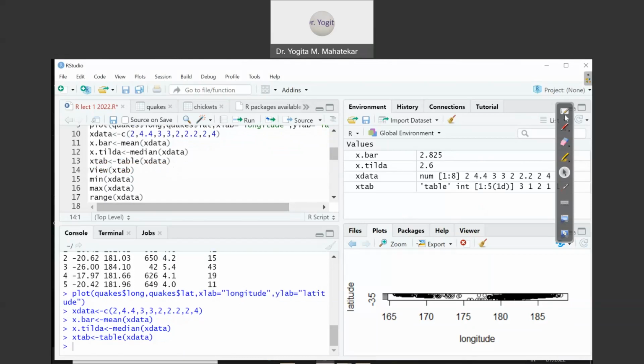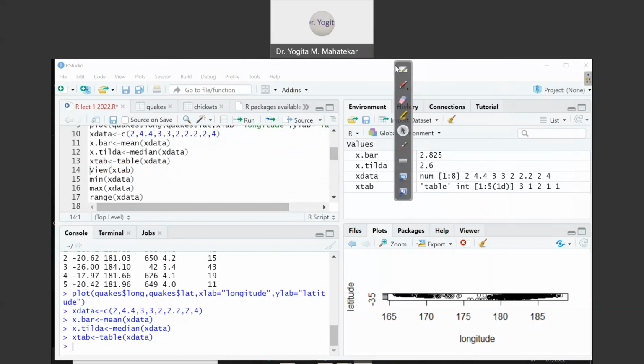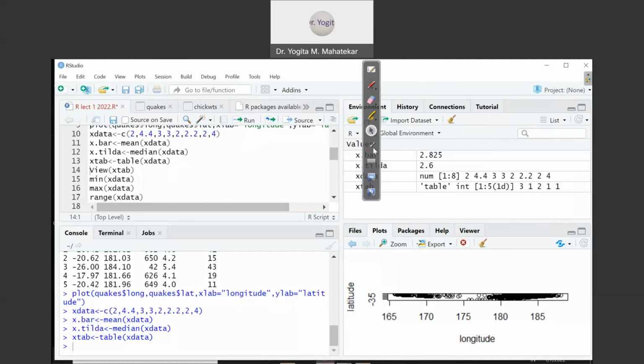Now you can see in the environment window it is displaying how many times 2 is appearing in the list. So it is appearing 3 times, I think so. Yes, so that's the number 3. So how many times is 2 appearing? 3 times. We are looking at